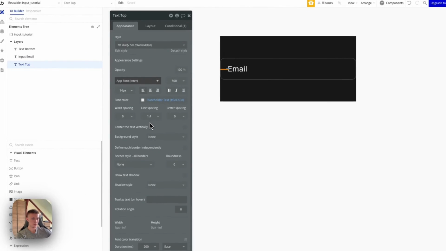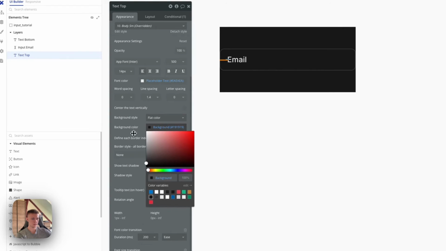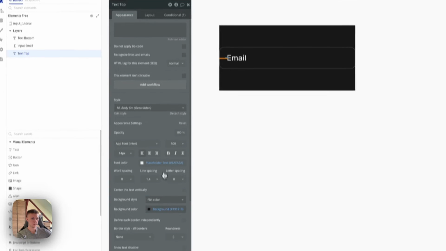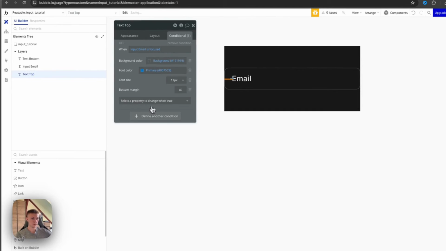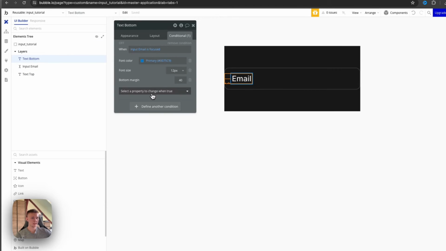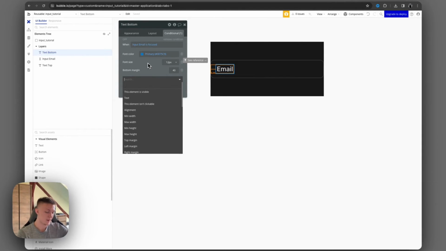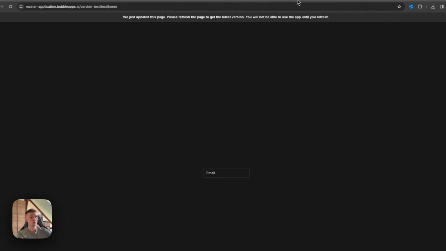And let's do background color or style. It's going to be this. Let's make the background color 0 opacity here, but 100 opacity when it's focused, right? And one more thing, text bottom: when the input is focused, the actual text is going to be nothing, right? Because then we would have two texts, right? So if I hover,